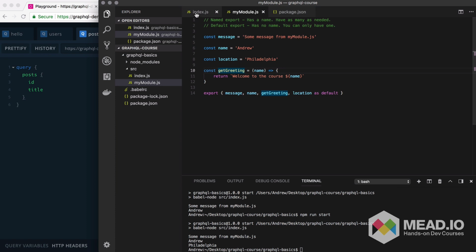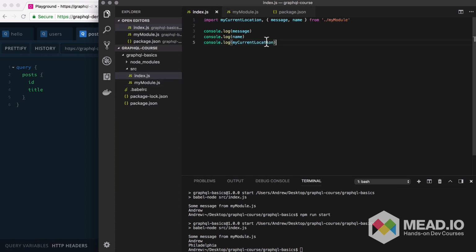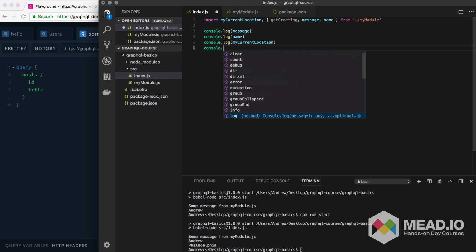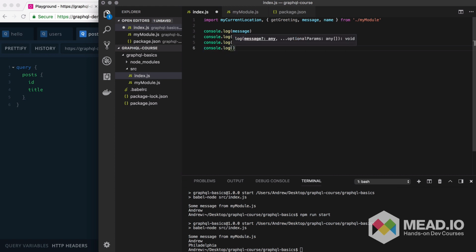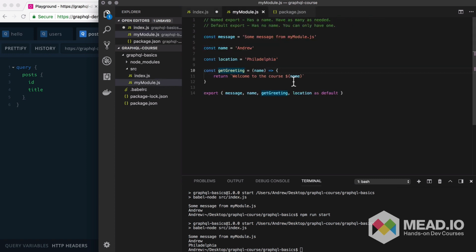We can actually load in getGreeting and call it over here. First up, let's go ahead and load it in. getGreeting. Then let's go ahead and use it. So I'm going to call console.log to print something. I'm going to print the return value that comes back from calling getGreeting. And since getGreeting does take a name, I will pass a name in. I'm just going to pass in the name Jessica. So I would expect in the end of the day to see the message, welcome to the course with Jessica